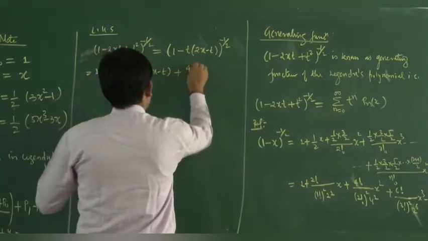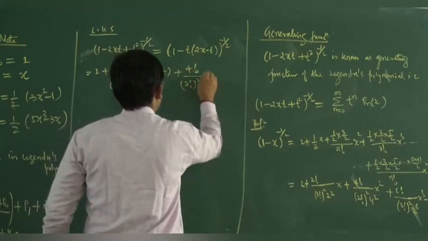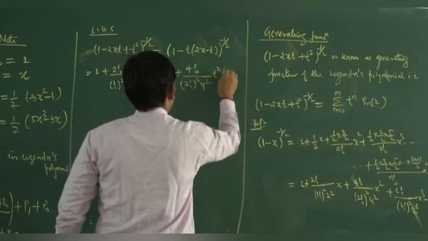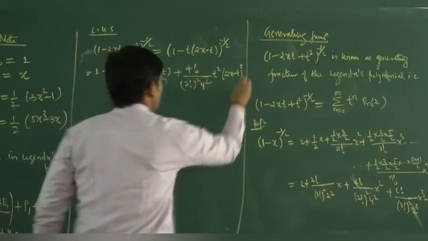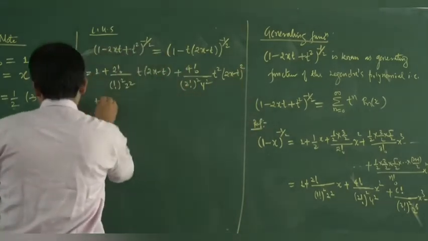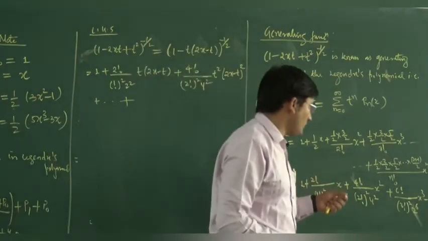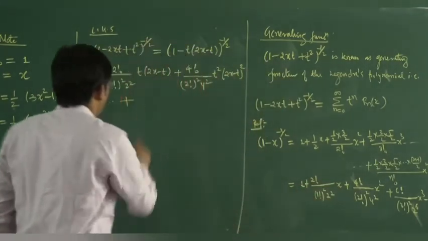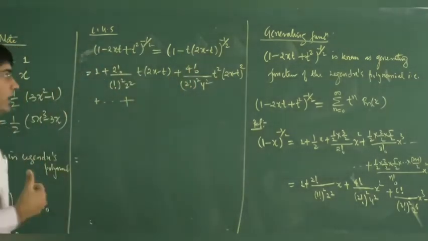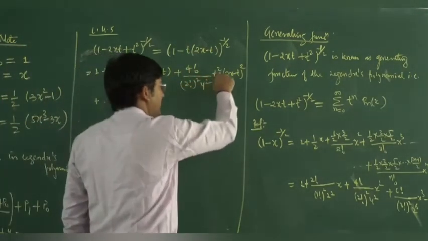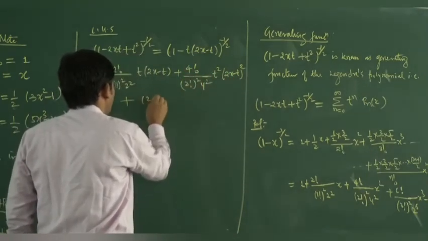Then we will have factorial 4 upon factorial 2 whole square, then we have 4 square, then we will have 2 t square (2x minus t) whole square. And then, the nth term will be, your coefficient of t power n minus r will be, now for 2 we have factorial 4. Now if you want to write the power of t as n minus r, then this is 2 times, so then we will have 2n minus 2r.